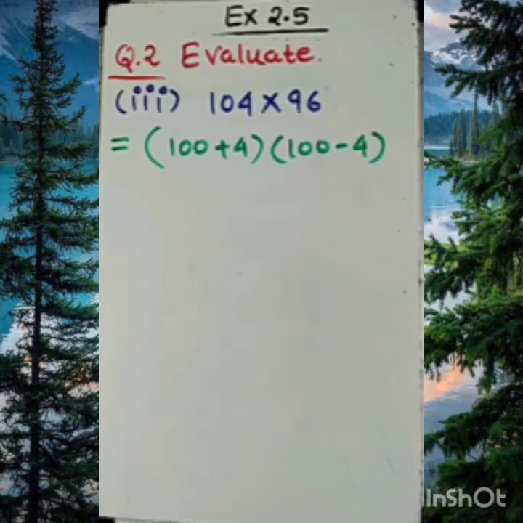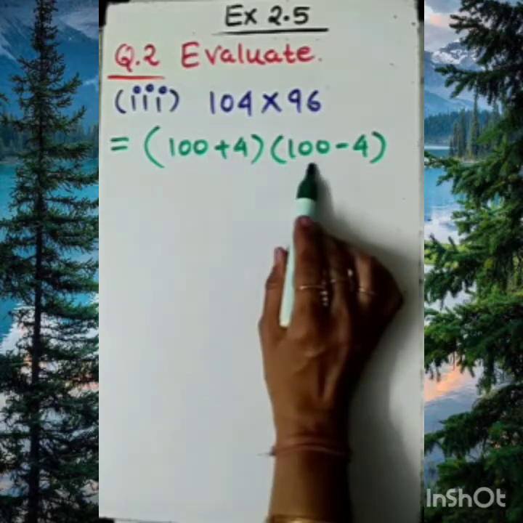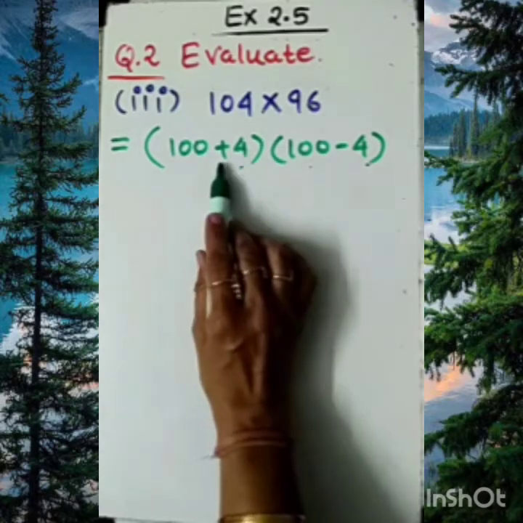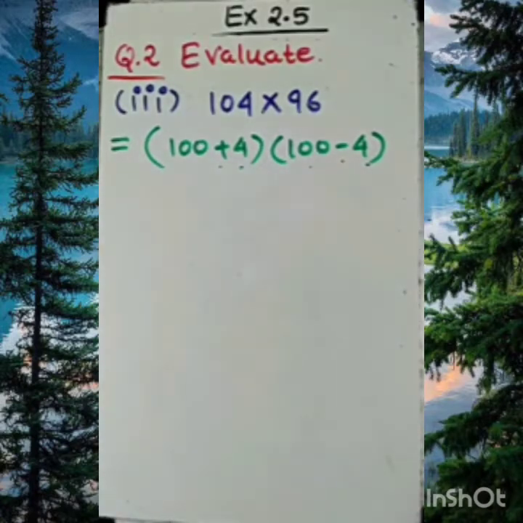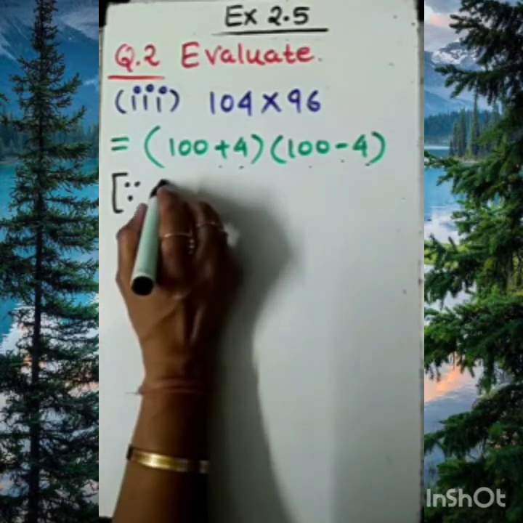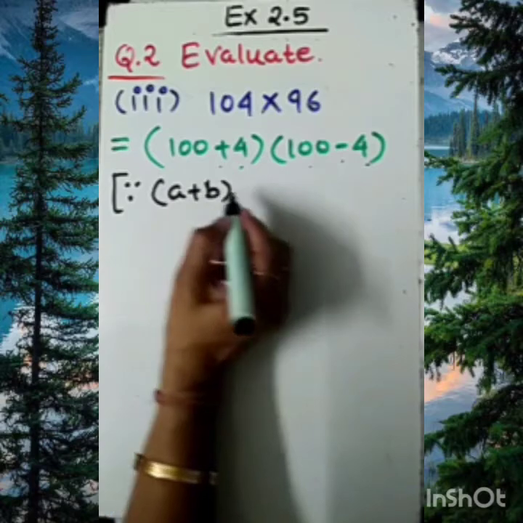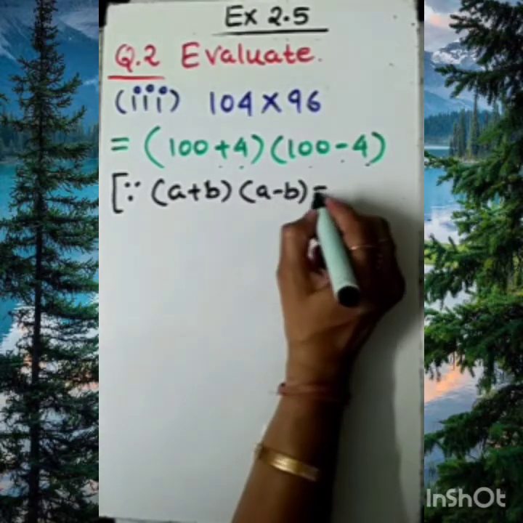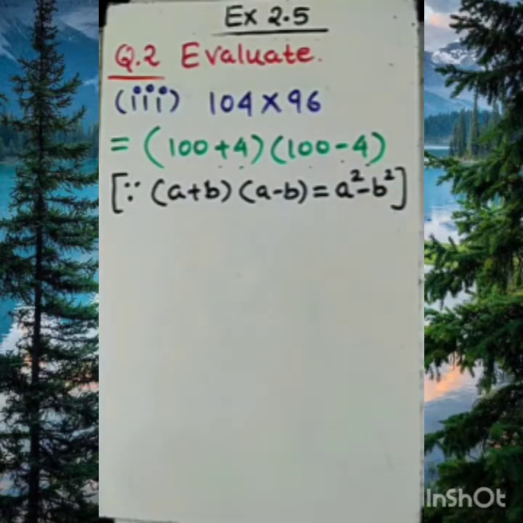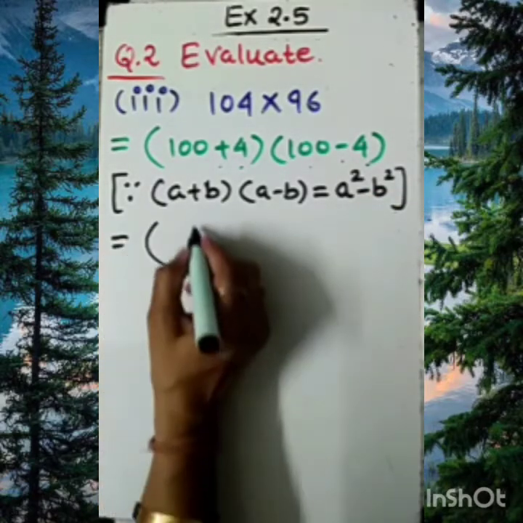Now we need to be a keen observer. Here you can see the first term in both the brackets is similar. What about the second term? The second term is also similar, but between them there is plus and here it is minus, opposite sign. So quickly your mind should strike and let's go with the third identity, which is my favorite identity. So let me now write it here. That is a plus b, a minus b equal to a square minus b square. Fine. This identity we are going to apply here.